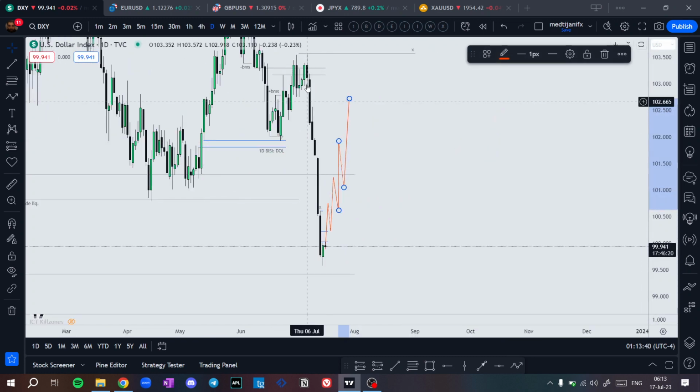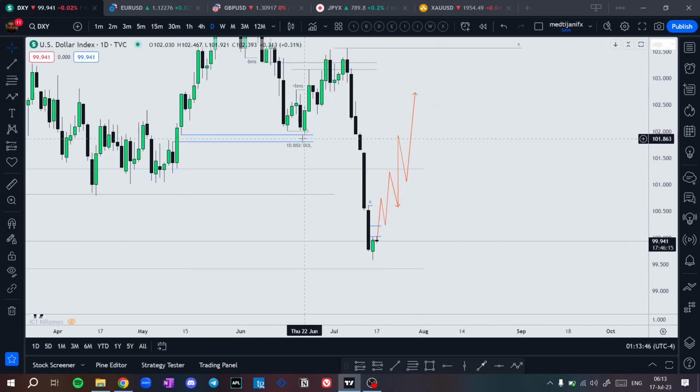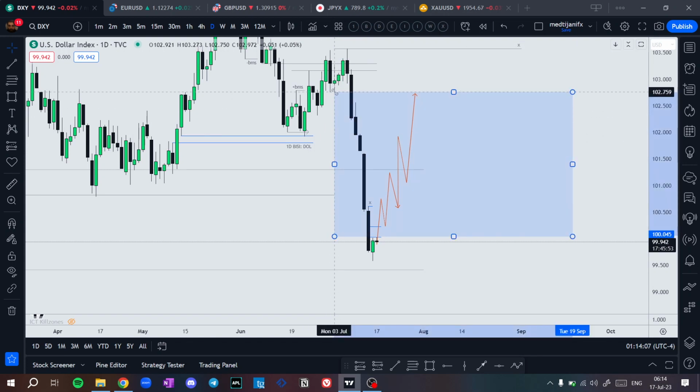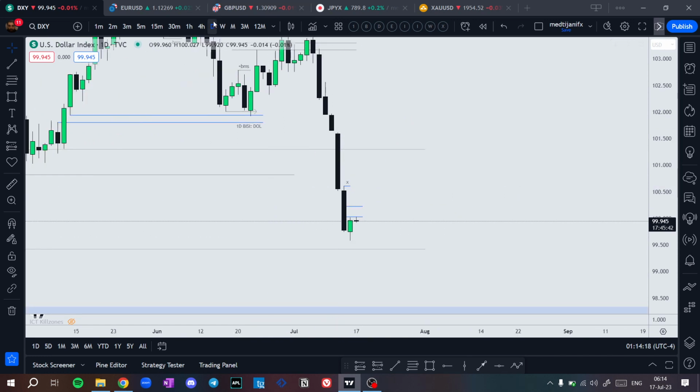daily liquidity void. We have a big daily liquidity void from this low here to this high, if you see it. This is all a liquidity void. We have only down candles. Price has gone high. We could say the liquidity void starts from this candle here also. Price could just go higher, but if Monday closes bullish above this candle's high, above Tuesday's high,